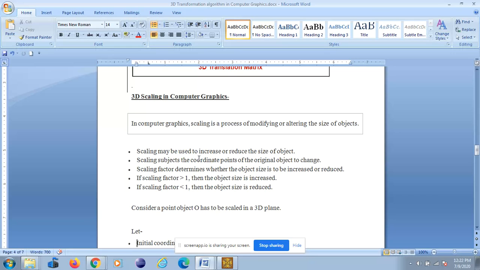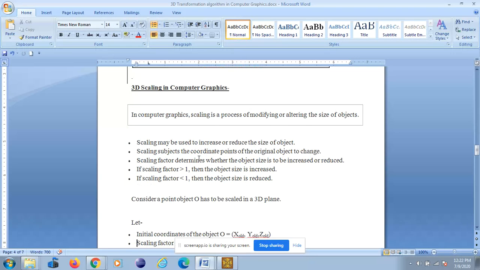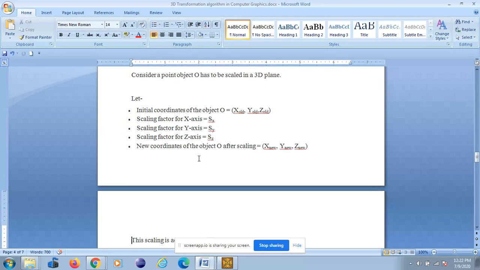Now we consider a point object O that has to be scaled in the 3D plane. First, we have the original or initial coordinates of the point object.